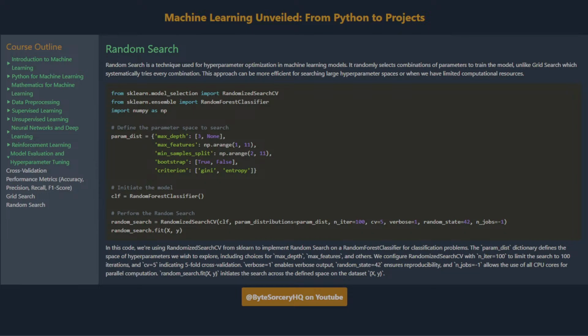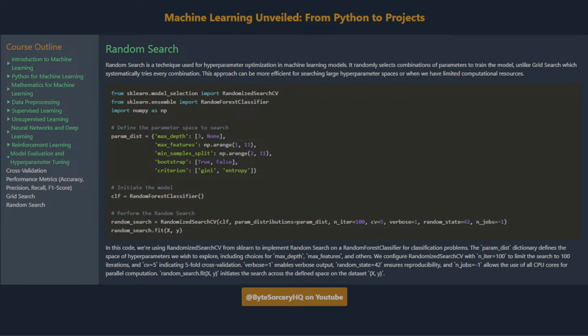In this code, we're using RandomizedSearchCV from scikit-learn to implement random search on a random forest classifier for classification problems. The param_dist dictionary defines the space of hyperparameters we wish to explore, including choices for max_depth, max_features, and others.